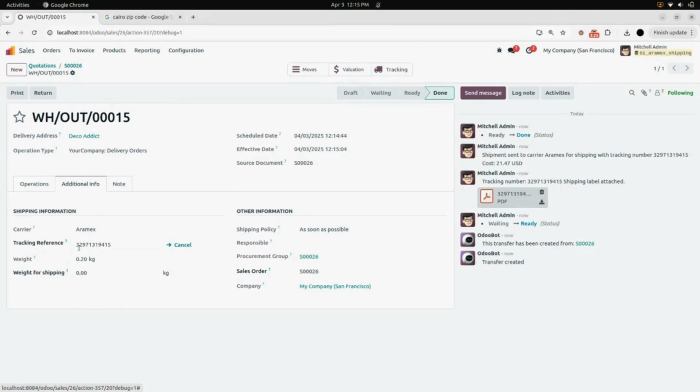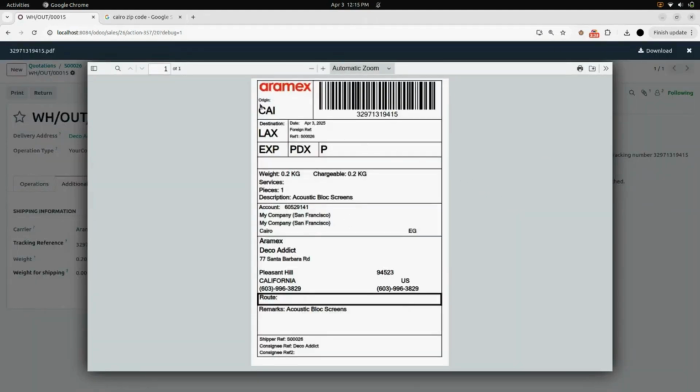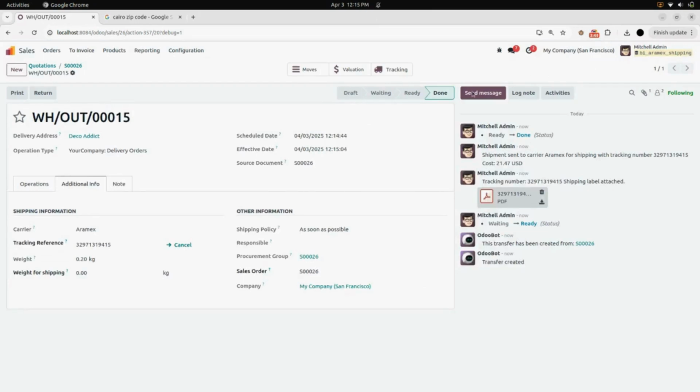You can see a tracking reference is generated in here. In the log also you can see a tracking number with its cost. And in here you will find your label for Aramex. Here you can see all the details in the label. Now you will find a tracking number and tracking reference, but instead of this